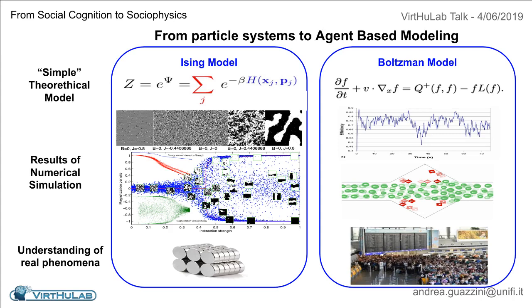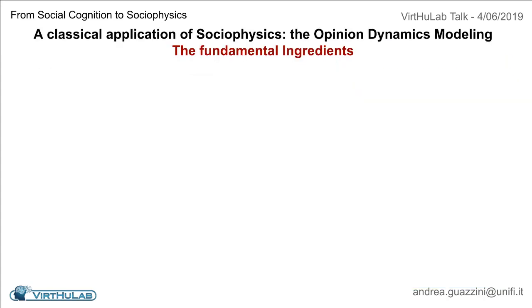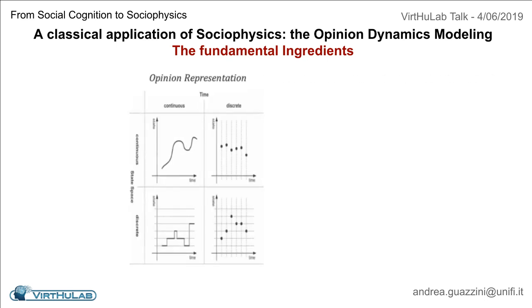Using the words of Lewin, we could say that in these two examples, all the fundamental ingredients of the real complexity characterizing these systems are captured by the theoretical models, and nothing else matters. The opinion dynamics modeling represents a challenging as well as classical example of sociophysics and ABM application field. 90% of existing sociophysical frameworks to study such systems are characterized at least by 4 fundamental ingredients. These critical control parameters are the node state